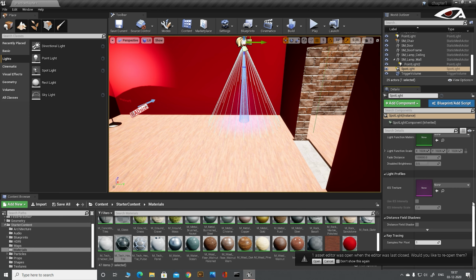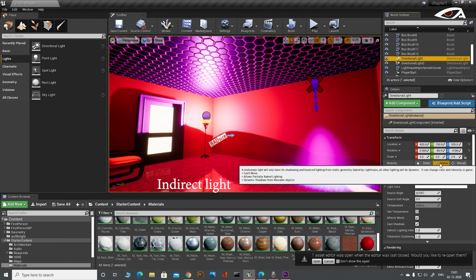Now here I am going to define some basic parameters or basic terms that we are using in our coming video. First is static light, stationary light, movable lights and so on. Let's go to the details panel where we can change the light to static, stationary and movable. Let's first discuss some basic lights. First, direct light. The light present in a scene directly due to the light source. Indirect light, it is not direct from the light source, it is reflected light bouncing around in our scene.